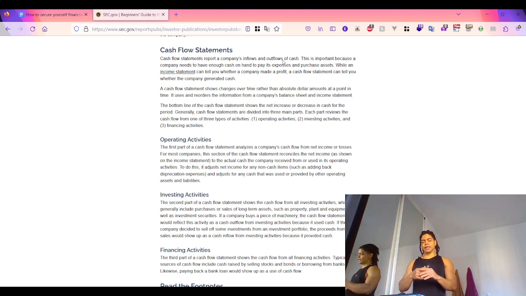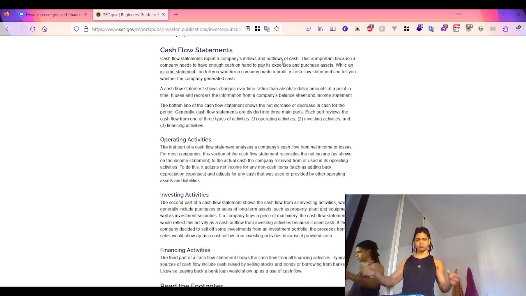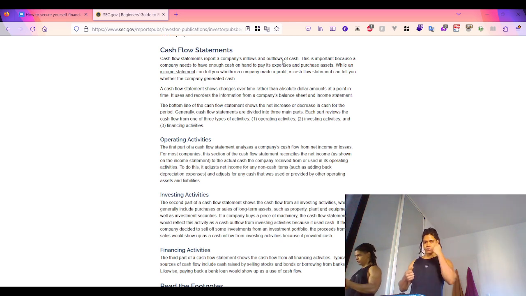So the first part of the cash flow statement, the operating activities, looks at and analyzes the net income from the income statement, and then reconciles it with the total amount of cash that was used or received from operating assets and liabilities. The most common operating activities are operating assets and liabilities, where operating assets are such as accounts receivable,